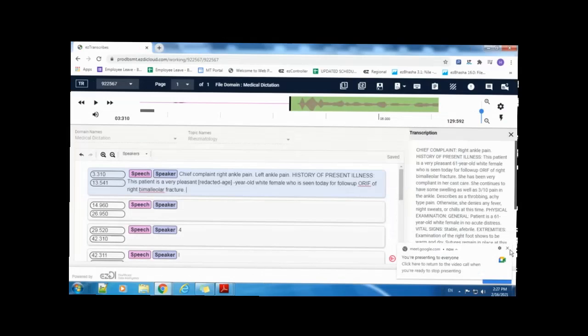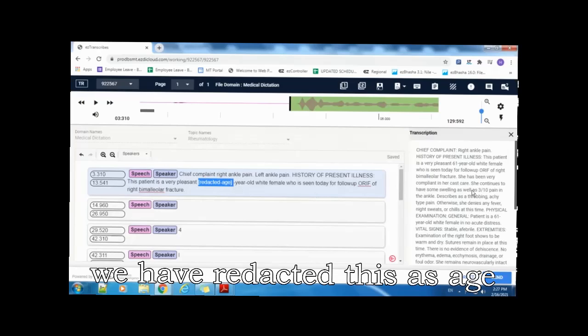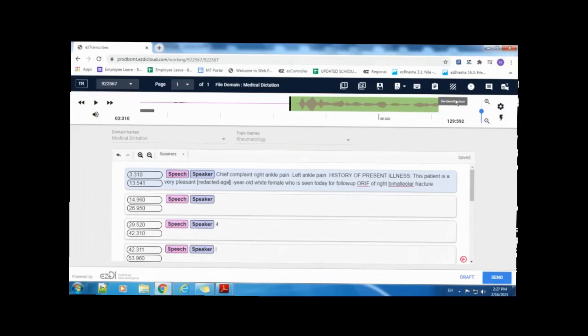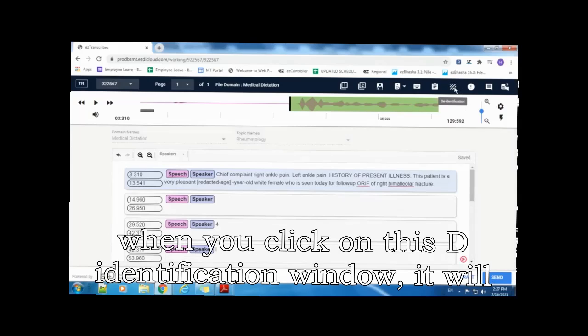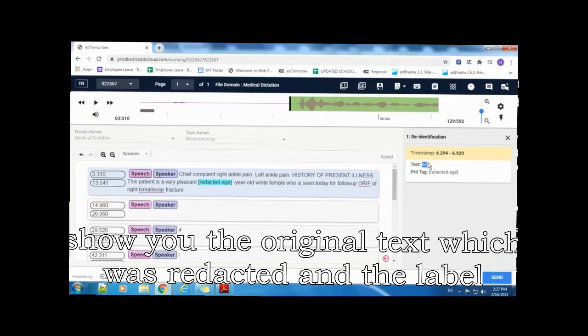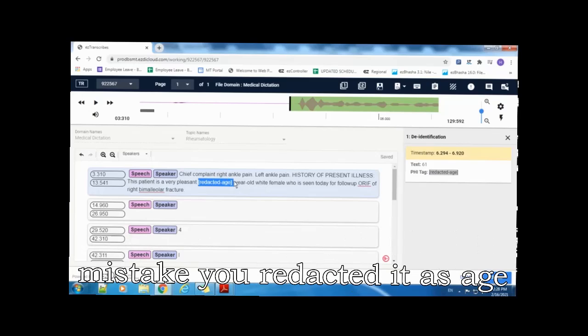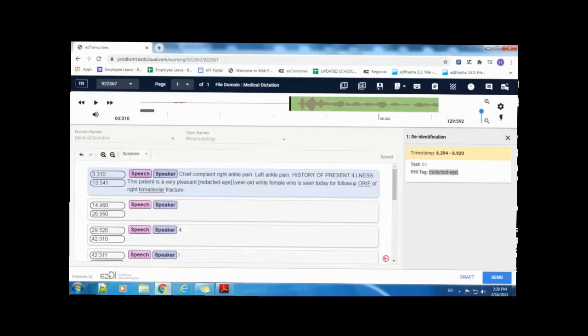Now, for example, we have redacted this as age. Okay. Now here is one tab available for de-identification. When you click on this de-identification window, it will show you the original text which was redacted and the label. Now for example, this is date of birth and not age, but by mistake you redacted it as age where it was actually date of birth.